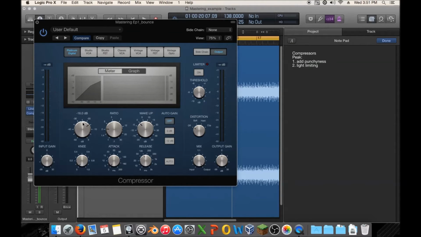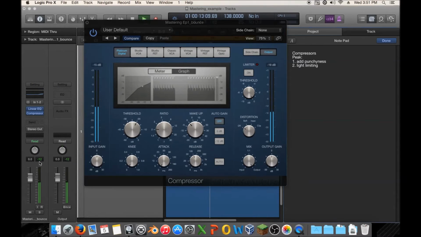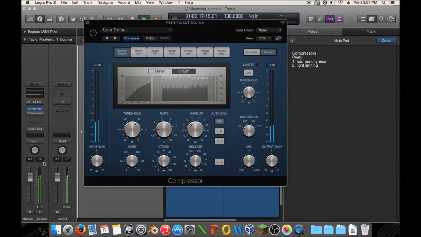But yeah, you want to have the threshold lower on this one, so you're actually doing a noticeable amount of compression. So probably somewhere like this. You notice that does squash it down quite a bit. Now we could figure out about how much reduction we're doing here. So this is at negative 15. If we turn it off, it bounces up to negative 10. So we could boost it by 5, and then that gives us a good idea of where we'll be at. So if you listen,